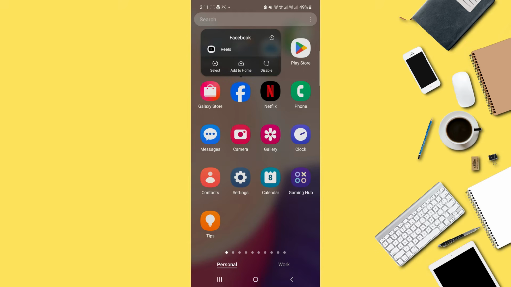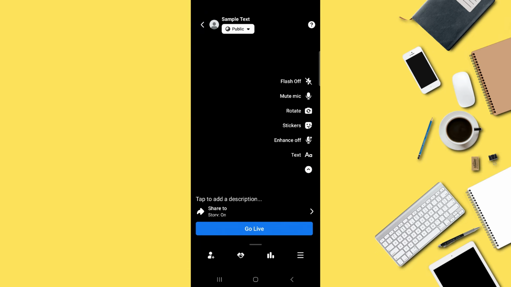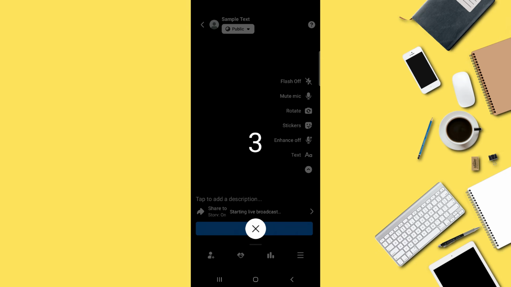If you can't find the Filters section, or it doesn't appear in your app, try uninstalling the Facebook app and reinstalling it. In some cases, the newest app version may not include certain features, so you can also install an older version of the Facebook app from a reliable source. Then log in again with your account details, and you should be able to see the filters option available for your live sessions. Once the filters are applied, you can start your Facebook Live and enjoy streaming with enhanced visuals